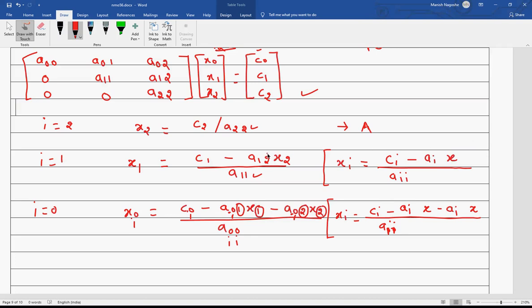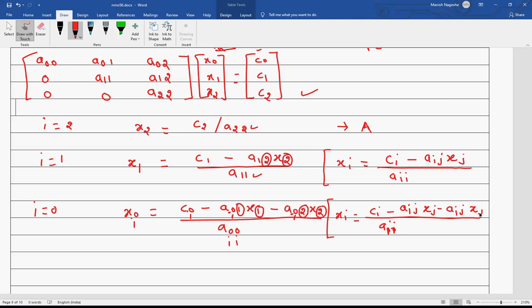Now we need to think about these values. I can use variable j for this, so this will be j equal to 2. But what is going to be the value of j? That is the question. So I can label this as aij, this is xj. This is also aij, this is xj.